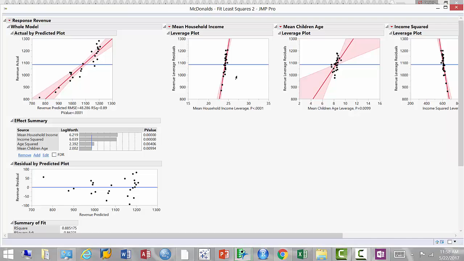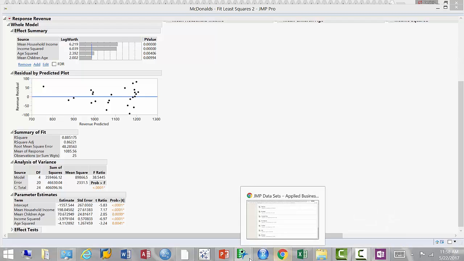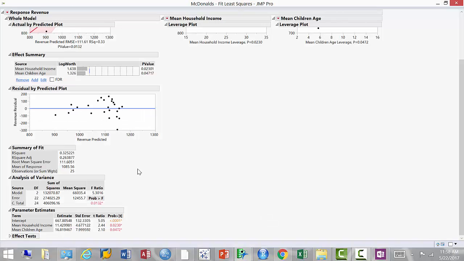And if I'm going to run the model, what do I see? Well, first of all, let's take a look at my R squared. Did that improve? Oh boy, it did, right? What did I have before? Let's go back to my previous analysis. Before that, I had R squared adjusted. Where was that? Here, right? Yeah, adjusted R squared was